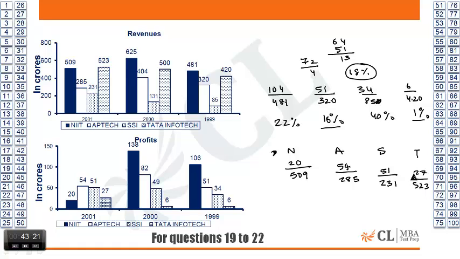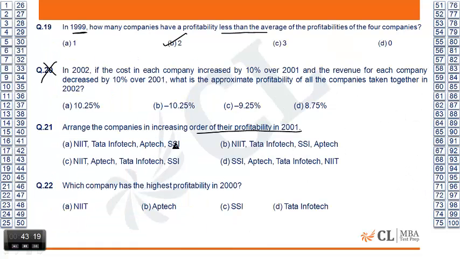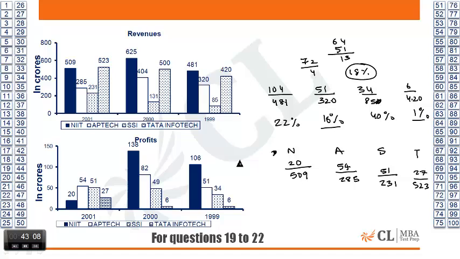I want to arrange in increasing order, from the smallest to the largest. NIIT looks like the smallest among all. Is SSI the smallest? That would be a beautiful question, but highly unlikely. How much is it? I think 1% is 5, and 5 fours are 20, so this is about 4%. That means he has to be the smallest.